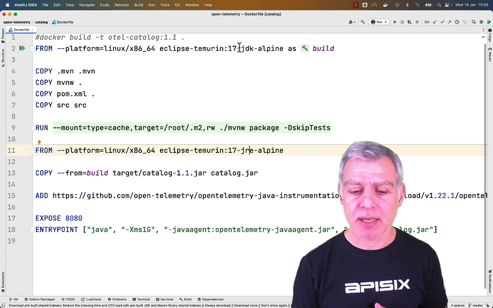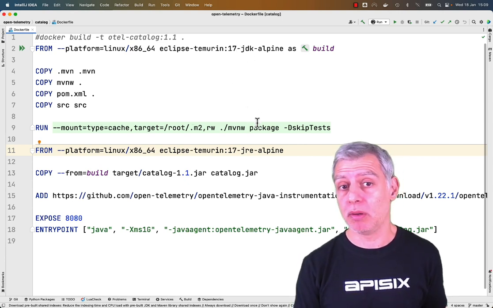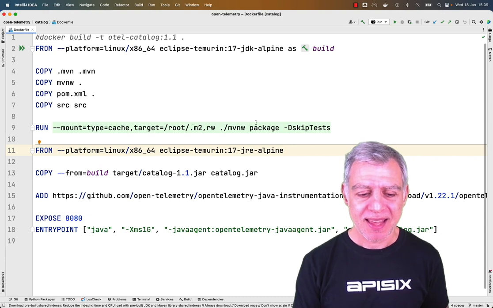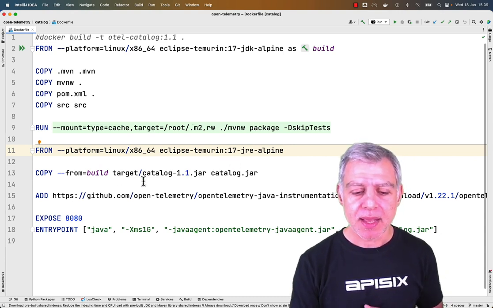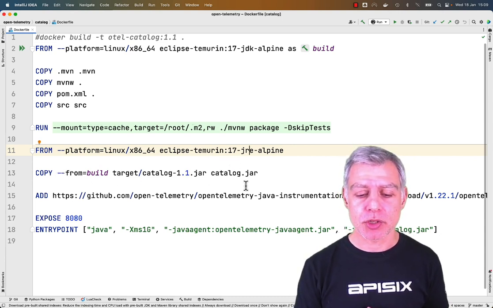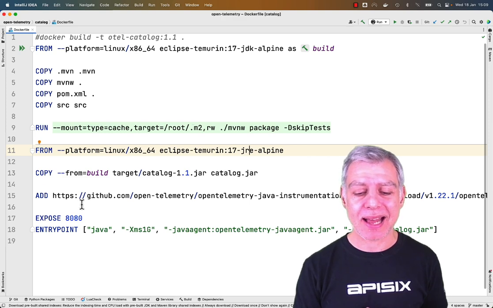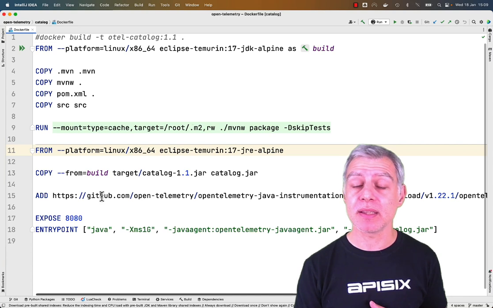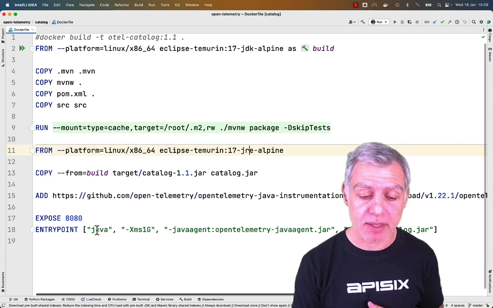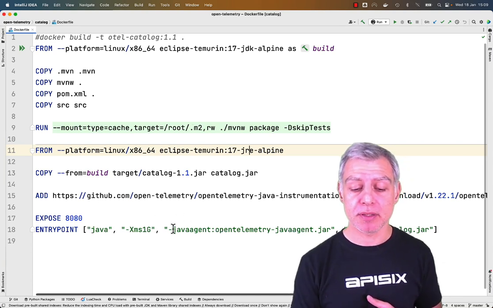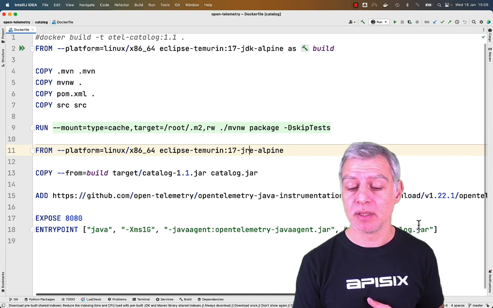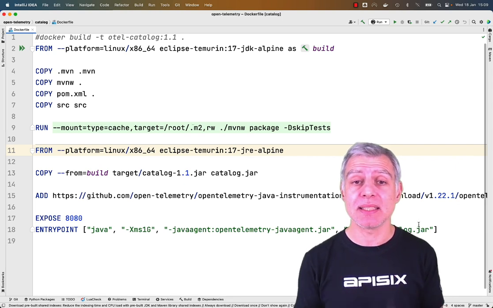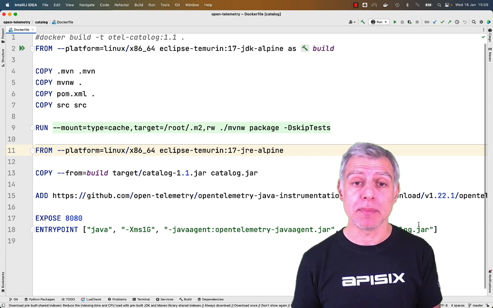So the first thing I do is a normal, standard build. And then afterwards, I get the jar that I just built and I add the Java agent from GitHub. And when I run it, I actually run it through the Java agent. And this is as simple as it gets. You cannot be simpler.